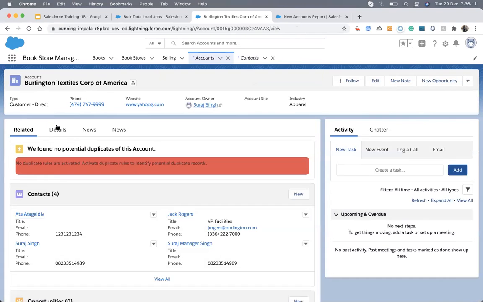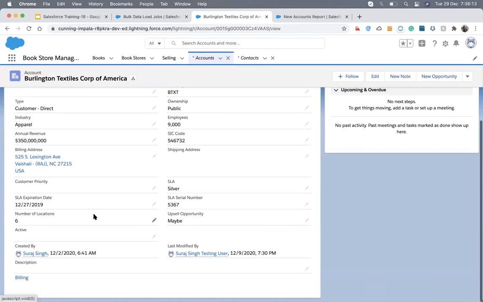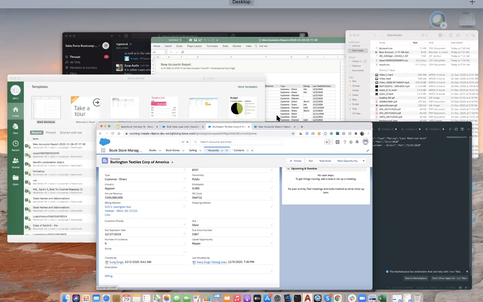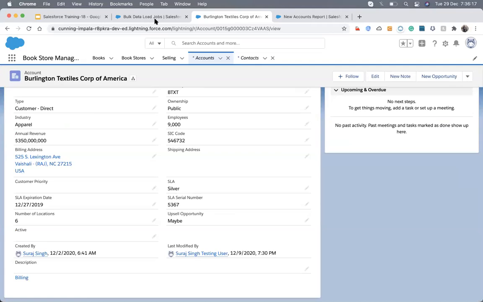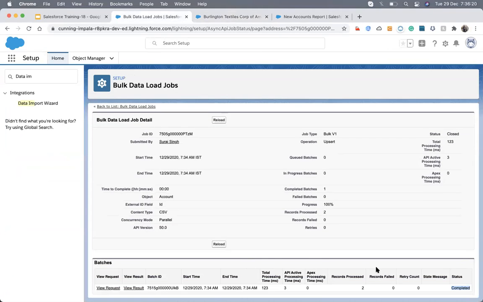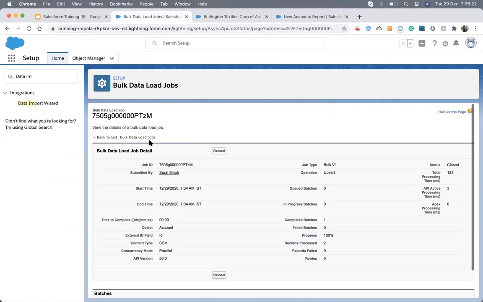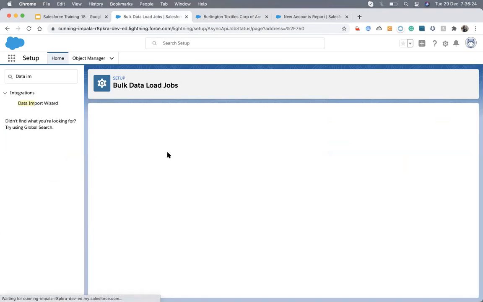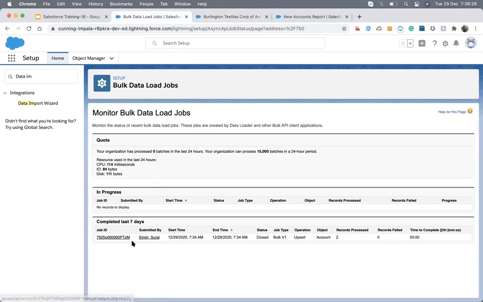It's also not updating. Both are not updated. Okay, let's again go back to my data input. So what happened? Oops. Account to record failed.